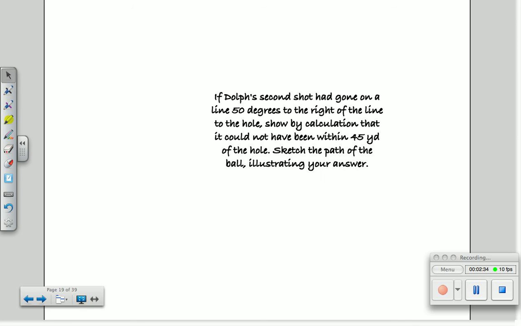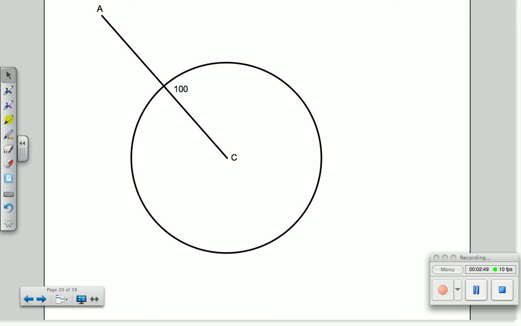If Dolph's second shot had gone on a line 50 degrees to the right of the line to the hole, show by calculation that it could not have been within 45 yards of the hole. Sketch the path of the ball, illustrating your answer. First, draw a line from the ball, point A, to the hole, point C, and label it 100 yards. Then, draw a line to point B, a point outside the circle, and mark a 50-degree angle between the two